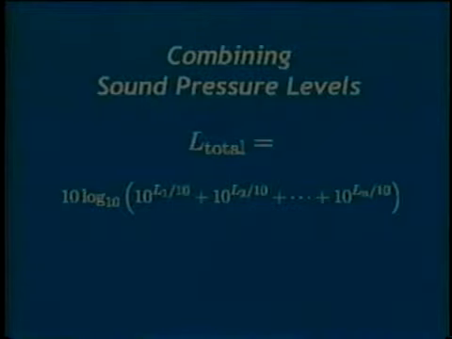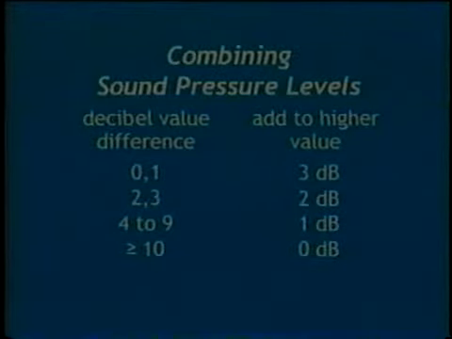For applications requiring only integer decibel accuracy, it's also possible to apply some simple steps to calculate an approximate total sound pressure level. First, find the decibel difference between two sound pressure levels. You then add an adjustment factor to the higher of the two sound pressure levels. If the decibel difference is 0 or 1, then you add 3 dB. 2 or 3, you add 2 dB. And between or equal to 4 and 9, you add 1 dB. If the difference is 10 decibels or greater, you can safely ignore the lower level source. Under these conditions, the higher level source is said to mask the lower one.